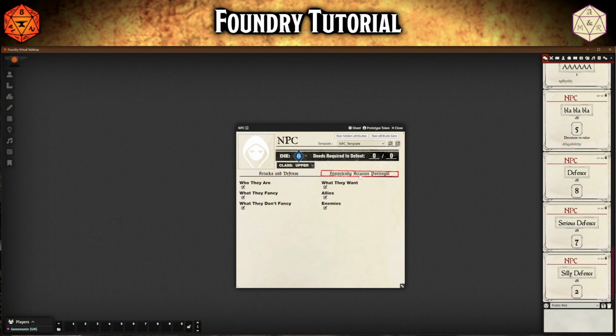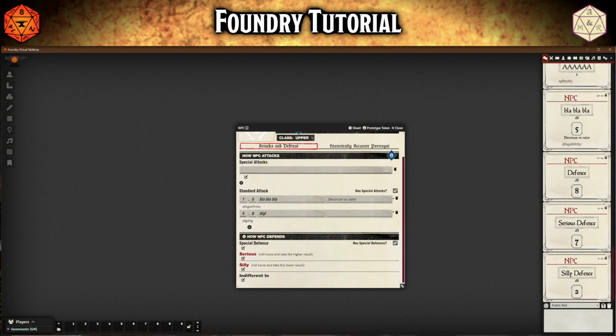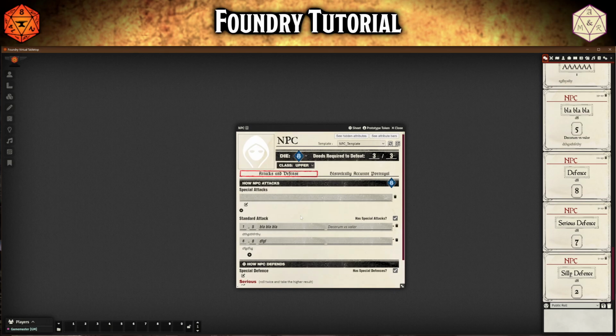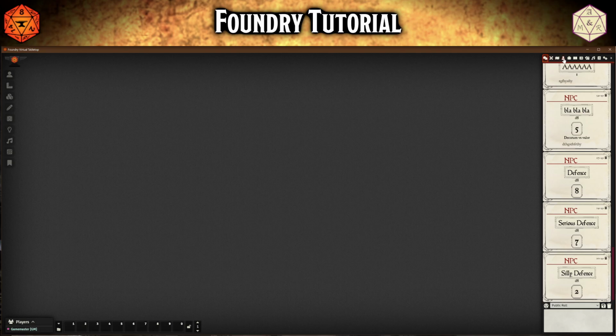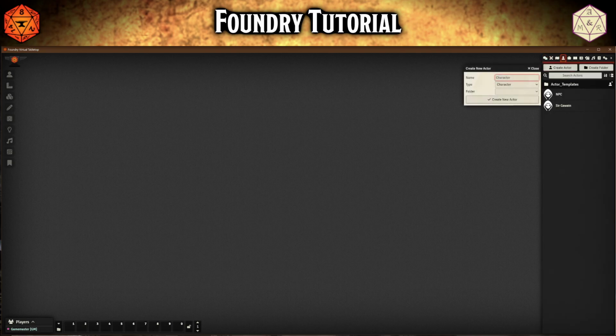Then we have the historically accurate portrayal where we can add all the other information. And here we have that it's required to defeat. Here, it's defeated. I think that's all for the NPCs. Yeah, we're all here or here. Then let's go to the last one, I think. That's the whole